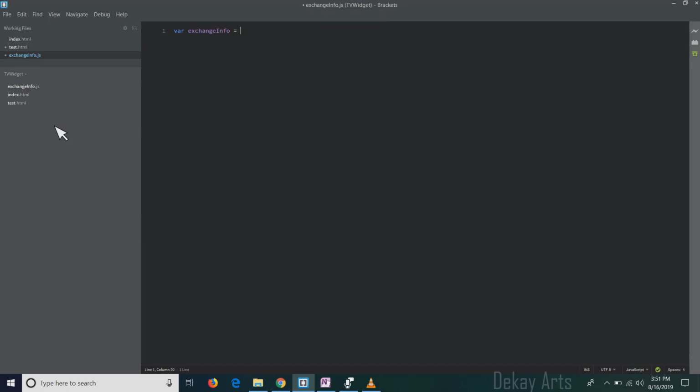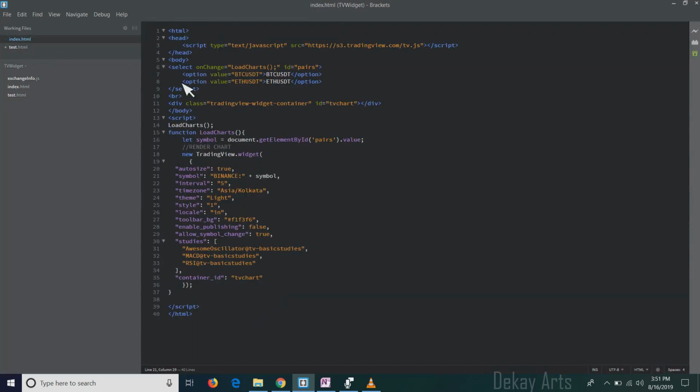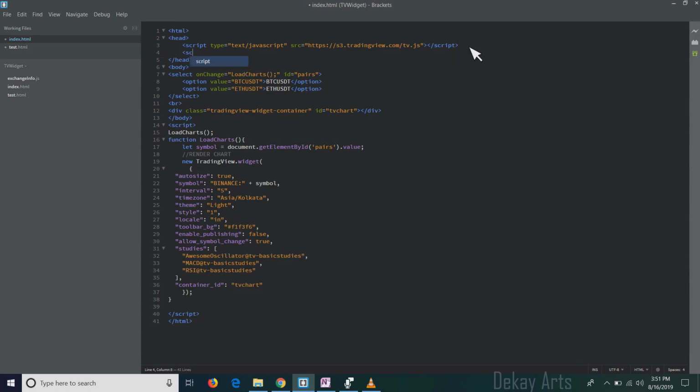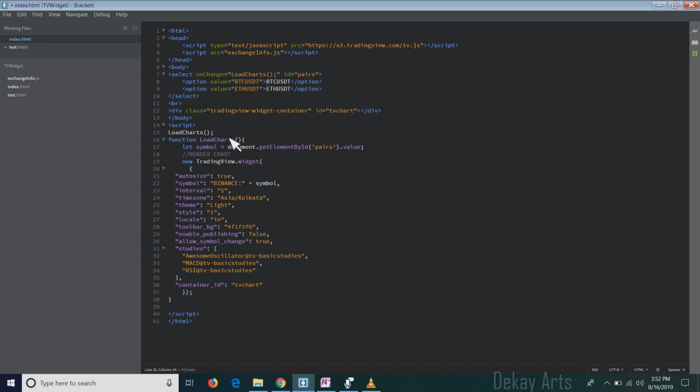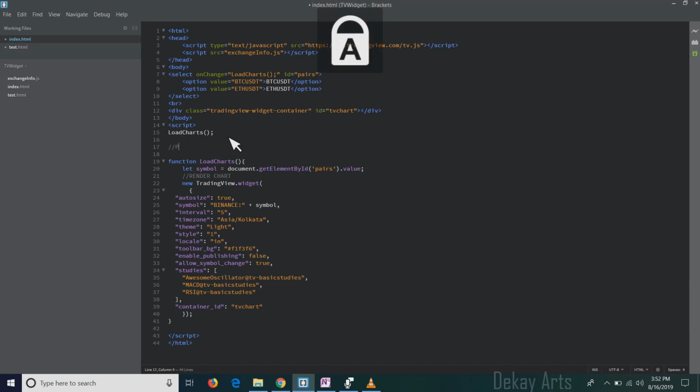Info is equal to this. Okay. And I'm going to include this here. Okay, so I've included the Exchange Info file here. Now all I have to do is, when I load the chart, pass all the symbols.